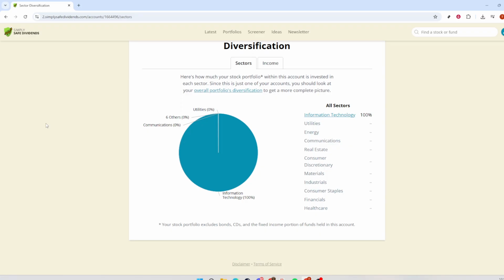That's really all there is to it. Log in, go to Portfolios, select the portfolio you want, and then open Diversification to review your sector and position exposure. Use these visuals to get a clear, at-a-glance understanding of how your holdings are spread out and where your